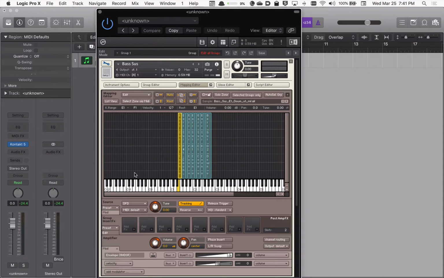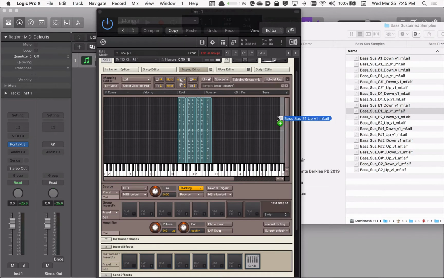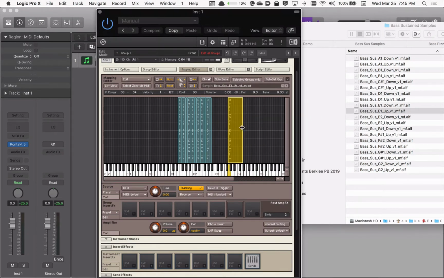So what I'm going to show you now is how to add the up bow to our down bow and how to choose how we're going to switch between down bow and up bow. So I'm going to go back to my list of samples, and now I'm going to concentrate on the up bow. So I'm going to drag my E1 up bow, and before dragging it on top of my E1 down bow, I'm going to make sure that the